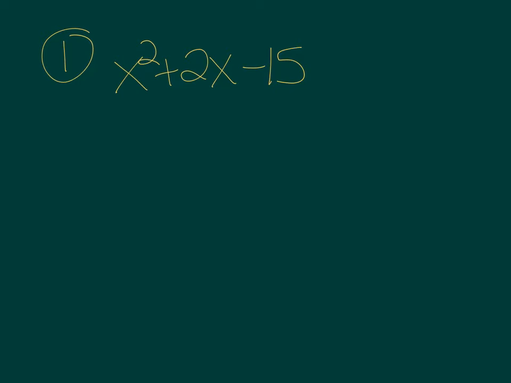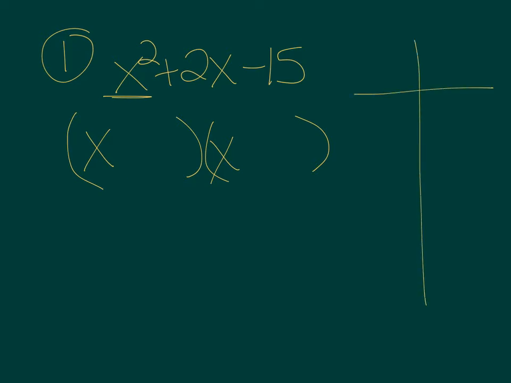All right, so here we go. So now again, we're going to start with our two parentheses. And the only way we can get x squared is to take x times x. Now, here's where the trick comes in. Now first of all, remember